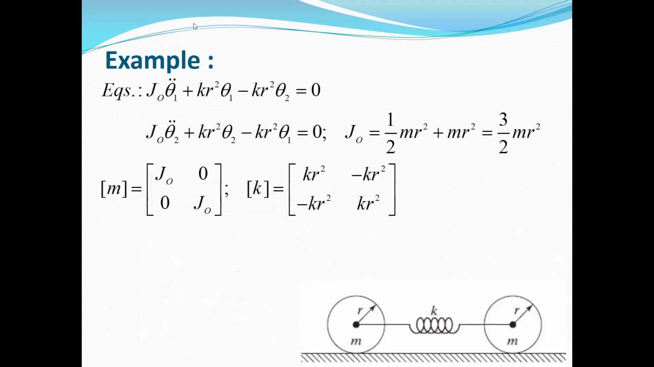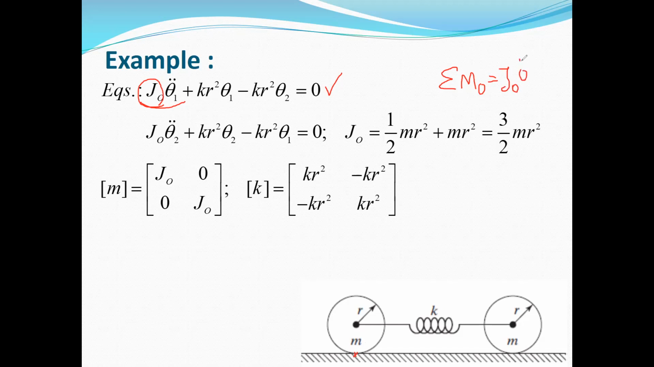Okay, as you can see, this is the first cylinder equation. Kr squared theta 1 minus Kr squared theta 2, and we have Jo theta 1 double dot, where Jo is the mass moment of inertia about this point O, which we call O1. We assume that this is a fixed point of rotation, and from dynamics, when you are writing the moment equation, the moment about point O is equal to Jo